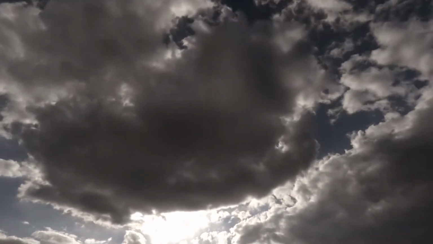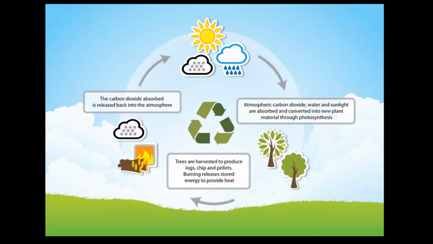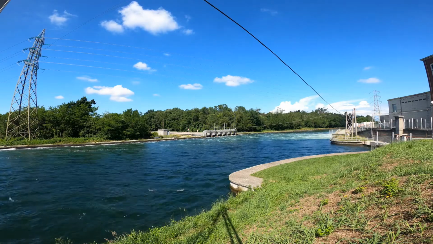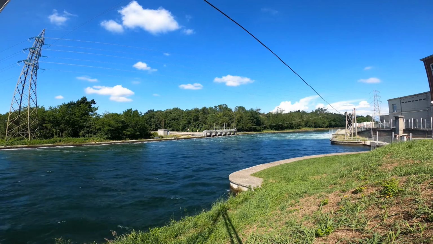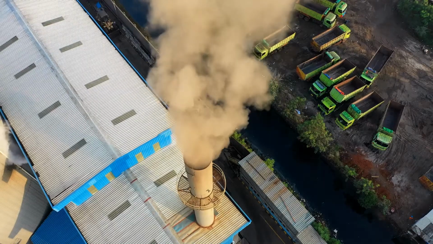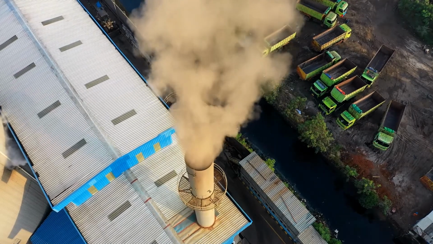So in short, we need a circle. Plant a tree, let it grow, and absorb CO2. Cut it down for the energy, burn it, release the exact same CO2 that it absorbed before, and plant another tree, and so on. Personally, I think that bioenergy is a super good solution, but it shouldn't be the main solution. If you apply it on a huge scale, it will do way more harm than good.